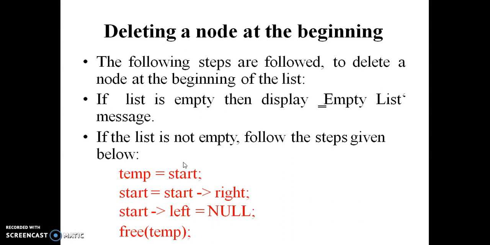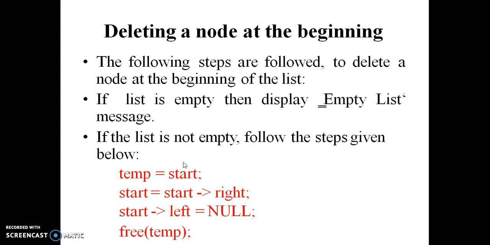So a double linked list is nothing but a list where every node has two links. One link points to the previous node and another link points to the next node. So for any insertion or deletion, we need to update both the right link and the left link. We update the left link of one node and the right link of another node, so that it forms a double linked list. The main advantage of the double linked list is that we can traverse in either direction, forward or backward.